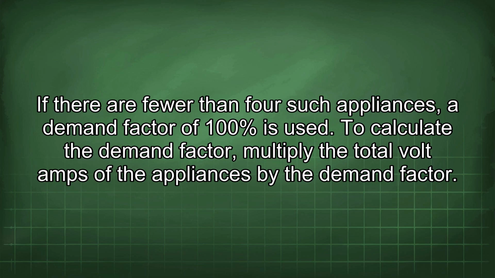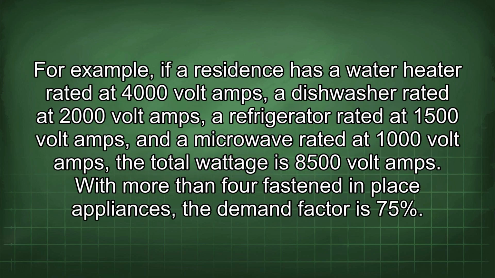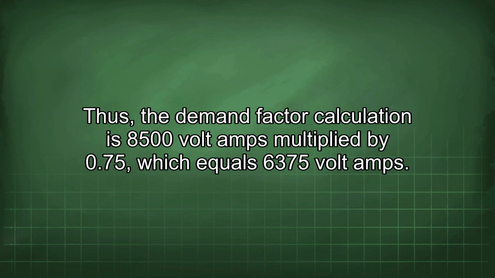To calculate the demand factor, multiply the total volt-amps of the appliances by the demand factor. For example, if a residence has a water heater rated at 4000 volt-amps, a dishwasher rated at 2000 volt-amps, a refrigerator rated at 1500 volt-amps, and a microwave rated at 1000 volt-amps, the total wattage is 8500 volt-amps. With 4 or more fastened-in-place appliances, the demand factor is 75%. Thus, the demand factor calculation is 8500 volt-amps multiplied by 0.75, which equals